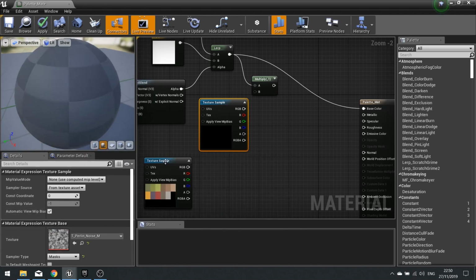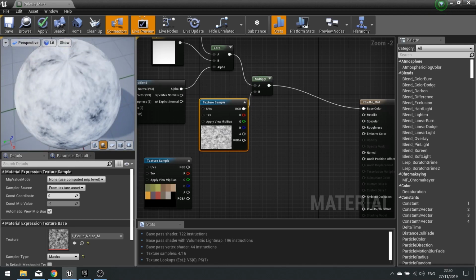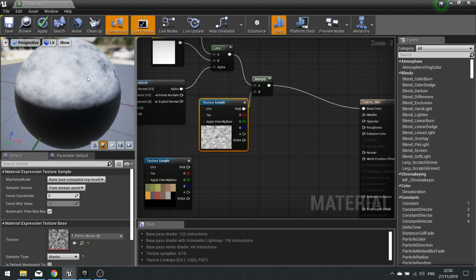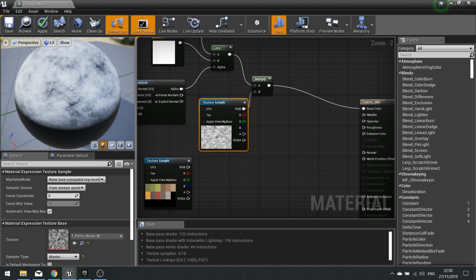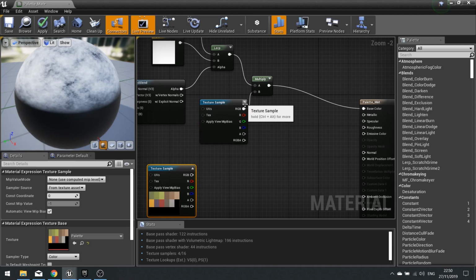I'm going to use the Perlin noise material, plug that into the multiplier, and again, if I plug it to my base color, you'll see what's going to happen here. It's going to multiply the dark bits by darkness and white bits by white bits, and therefore you get this sort of snowy color appear. The black bits on this will actually show the color underneath when we plug this in. So to showcase that,